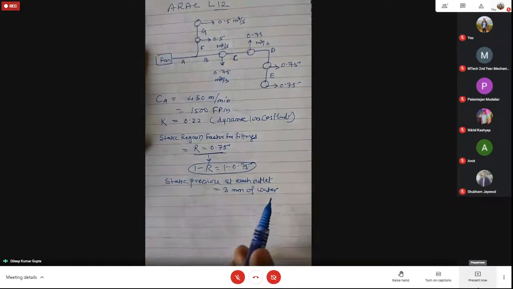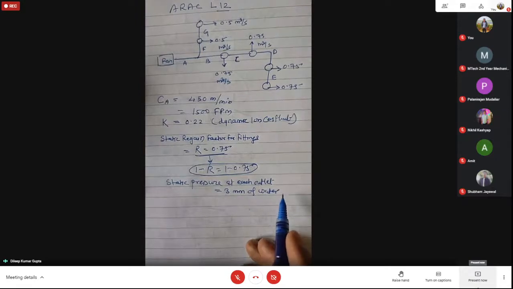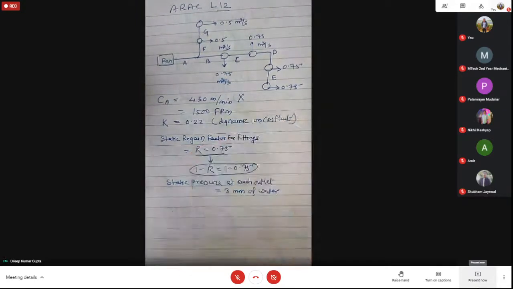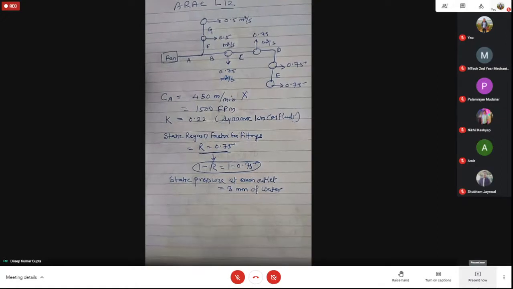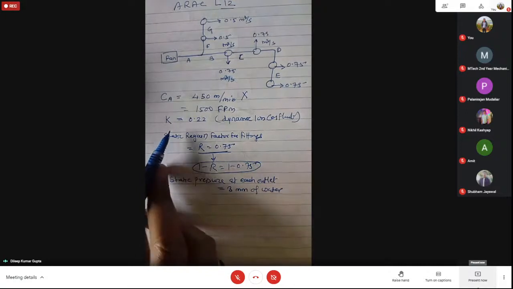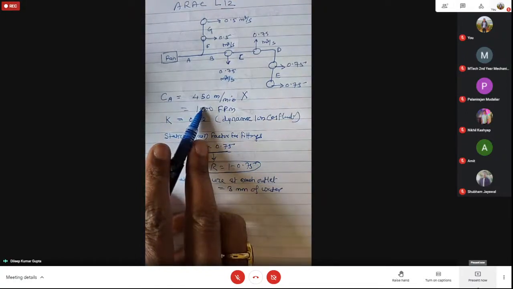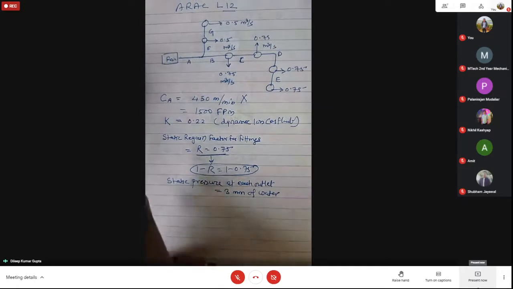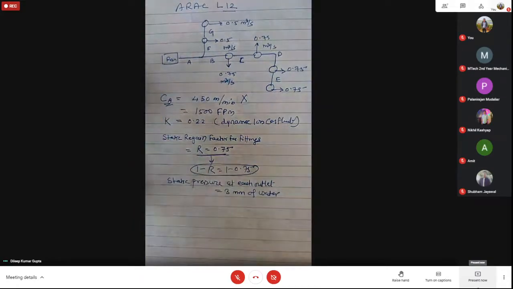In some cases, rather most of the cases, this data will not be known to you. This data you have to find out based on the chart or table which is being selected, that is, what is the maximum allowable speed, the velocity of air with respect to the noise level. As we have discussed, the table number 20.7 is used to select this one. Since this data is given, well and good. If not given, then refer to the table to select this value.